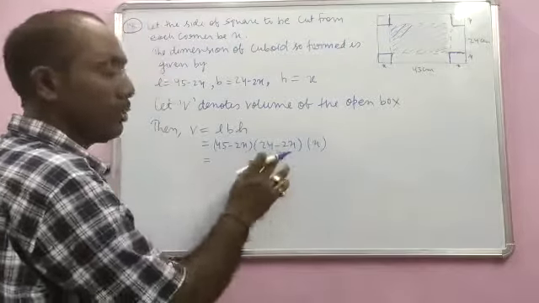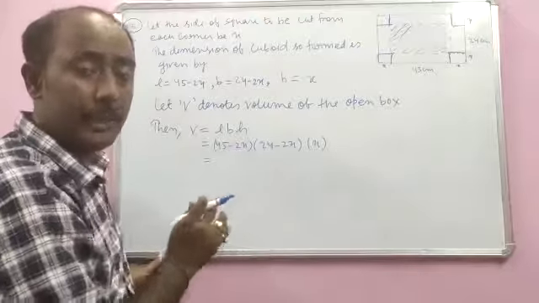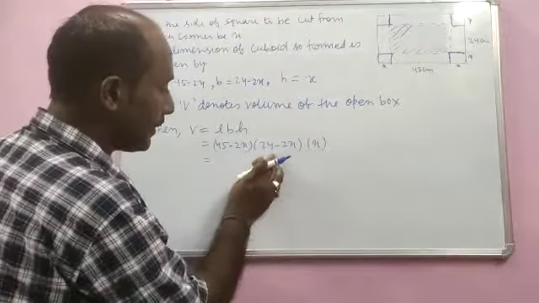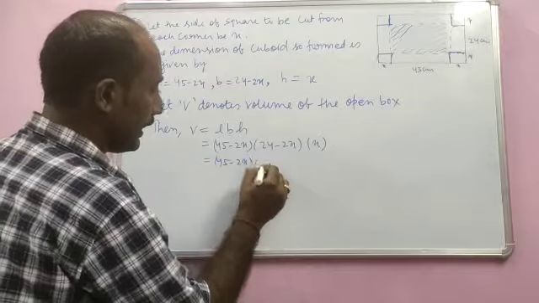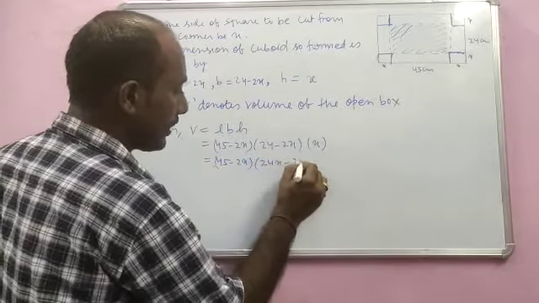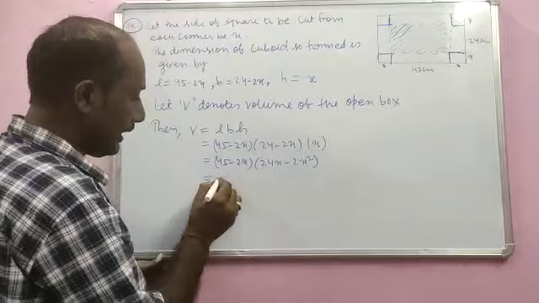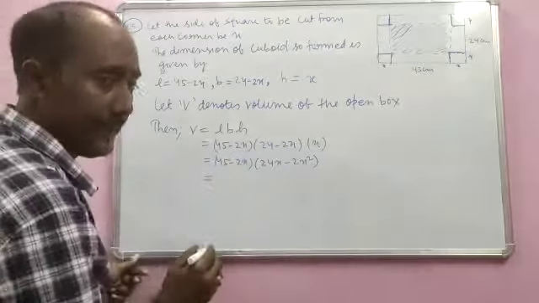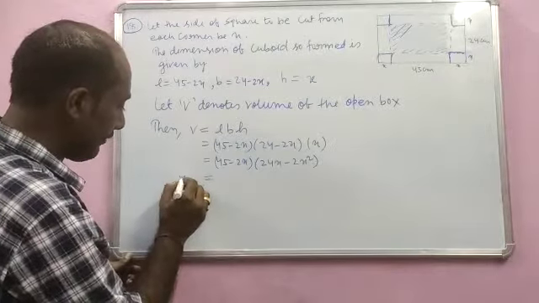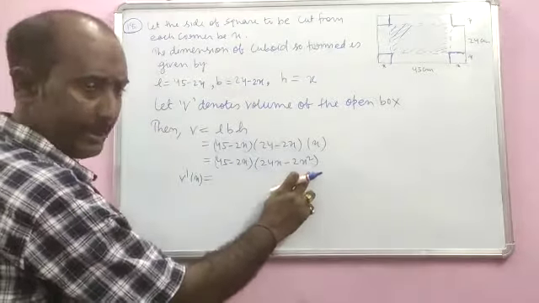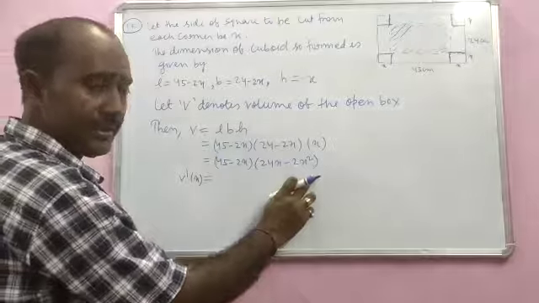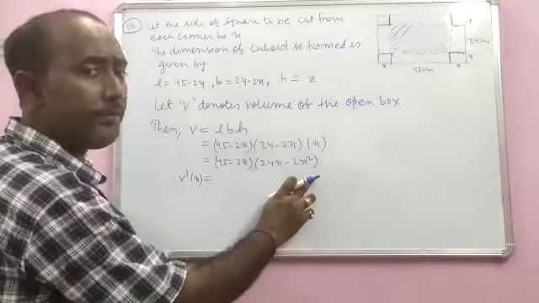Now we will try to group it in products of 2 so that we can use the product rule. So I will multiply x with 24 minus 2x. So this will become 45 minus 2x into 24x minus 2x square. Next I will go for its derivative. So next I will write V dash x is equal to, this is your volume in terms of x. Now we will go for the derivative of this function which is in terms of x.